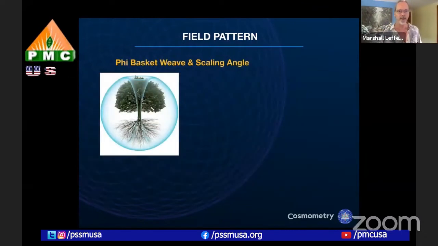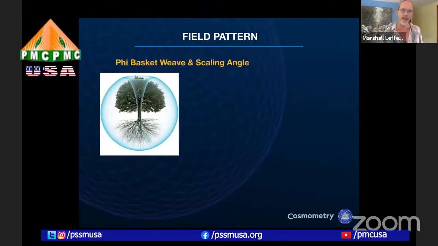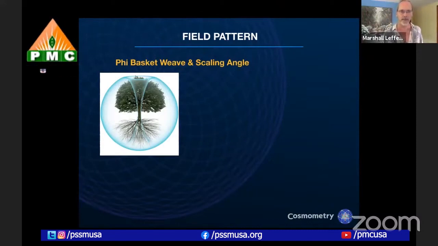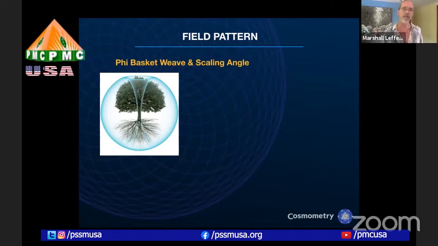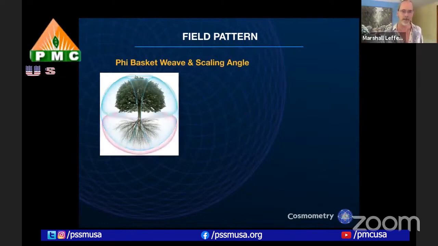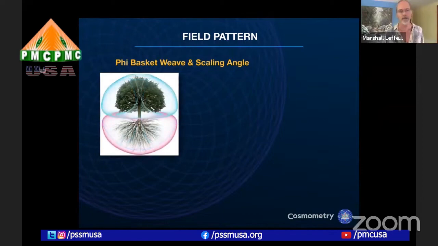So that brings us now to the main topic of what I wanted to show you and how it was derived, which is the phi basket weave and the phi scaling angle. And it begins by looking at trees. And trees, of course, are torus dynamic systems. In fact, we can see them as a double torus system with the tree canopy at the top and the roots down below in the earth, exchange